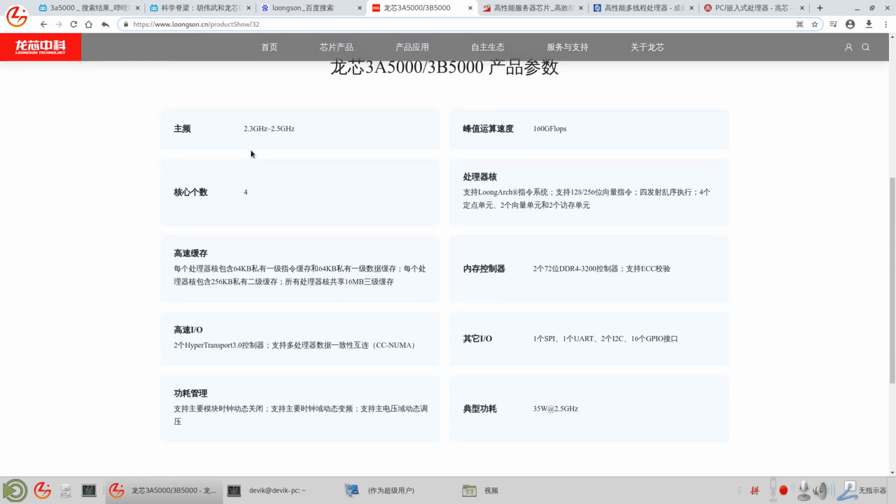Okay, you can see 2.3 to 2.5 gigahertz, with 160 gigaflops max speed, using the homemade LoongArch architecture and instruction set, and it supports DDR4 3200, with 35 watts power consumption at 2.5 gigahertz, and some other specs you can see.